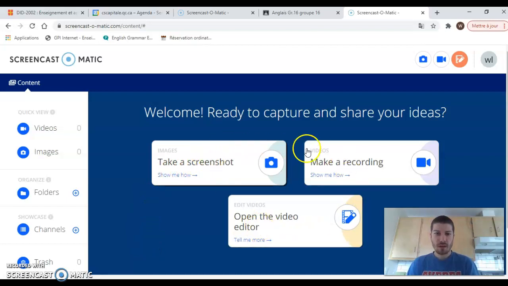And after all, you have a lot of options. You can take a screenshot of your screen. You can edit the movies that you want, but you don't have to do those kind of stuff. You just will make a recording. So when you click on it,